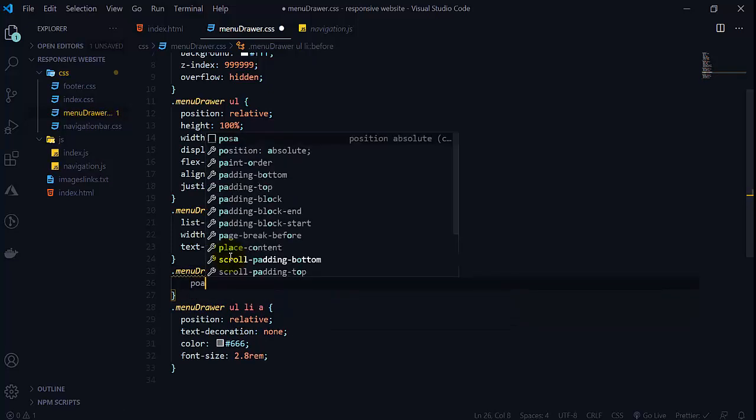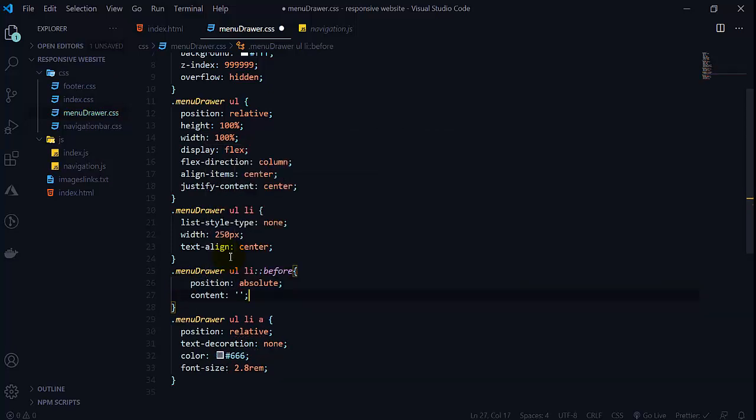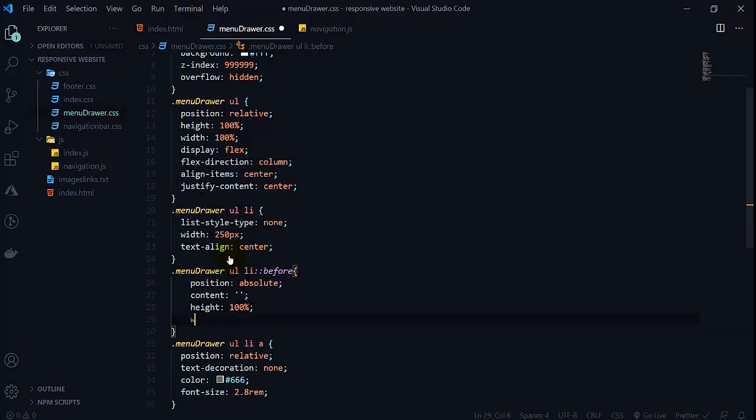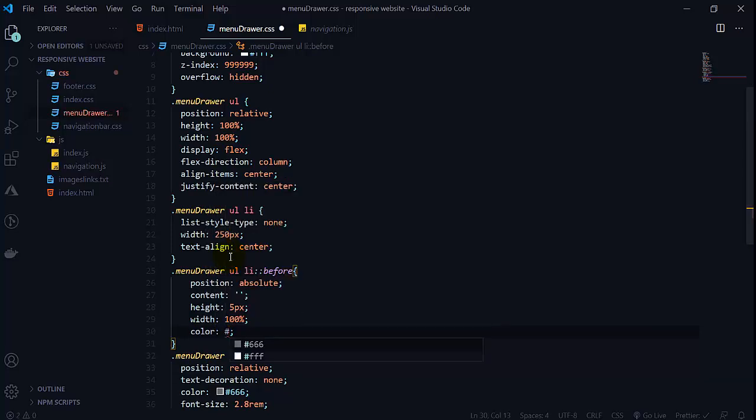So its position will be absolute and content will be none here. And here we want width to be 100% and height we want only 5 pixel, and color we want hash.